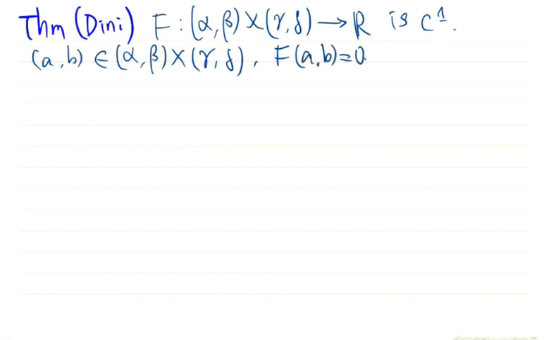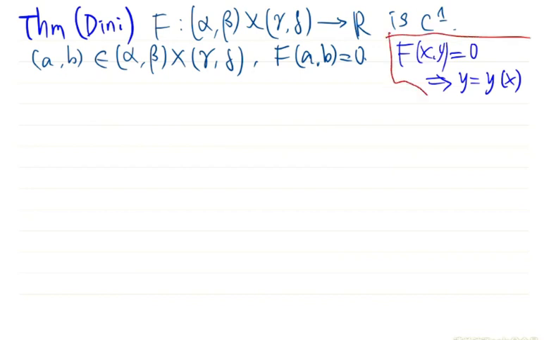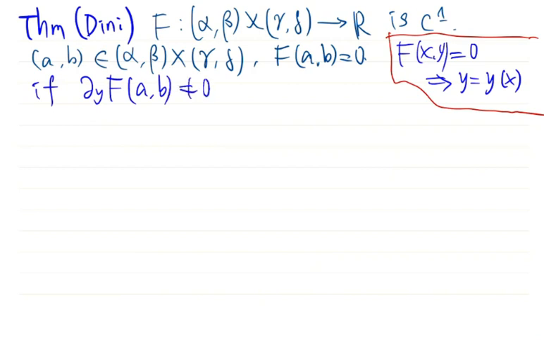Now our purpose is to solve from F(x, y) equal to 0. From this equation, we want to solve y as a function of x. This is our purpose. When can this be possible? So the condition is that if the partial derivative with respect to y at the point (a, b) is not 0, then there exists some r positive and a